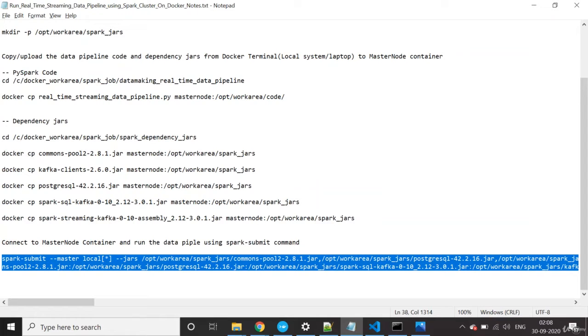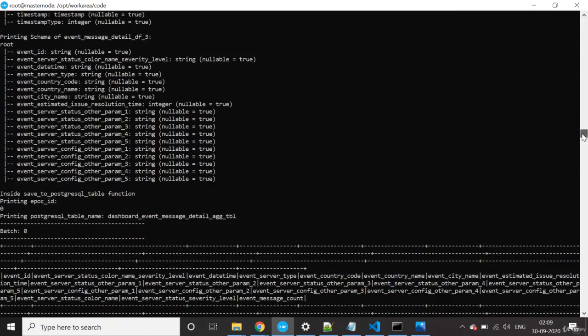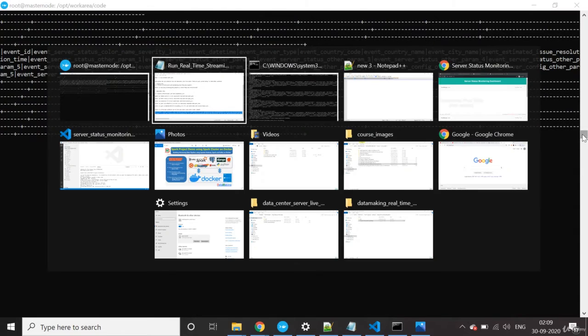We copied this pipeline, so let's wait for some more time. I guess the first batch did not consume any data. Let's check. Keep publishing some more data.